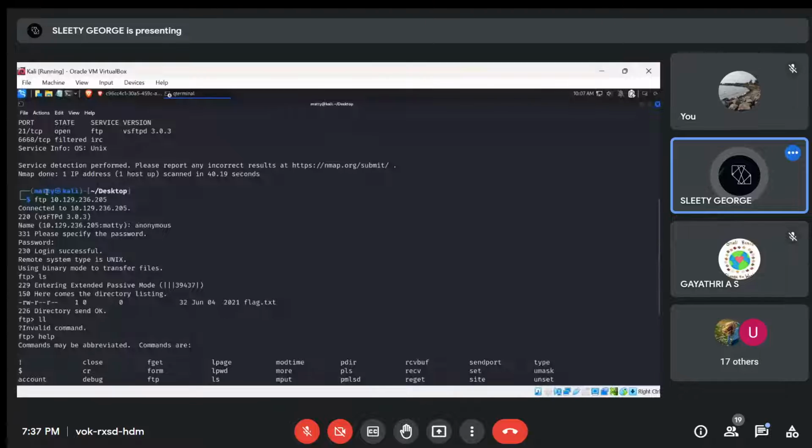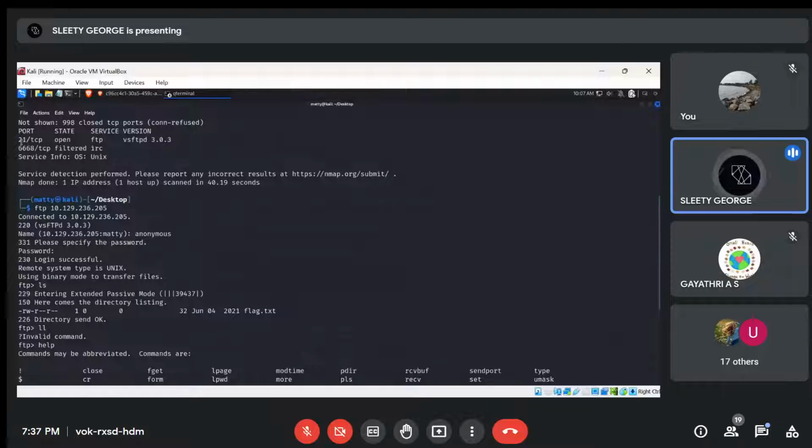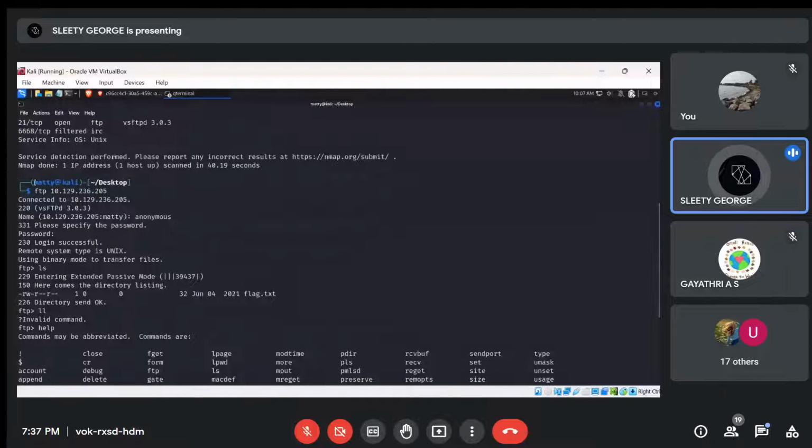Okay, so there is Matty at Kali, that's my username. Okay, Desktop is the current directory which is open. Basically, you see in this port, okay, this port clearly says 21 is a TCP port. The service it uses is FTP. It gives a version vsFTPd 3.0.3. Okay. Now, if the service defines an FTP, always remember you can always open an FTP mode within that IP address. So basically, what this FTP mode does is,